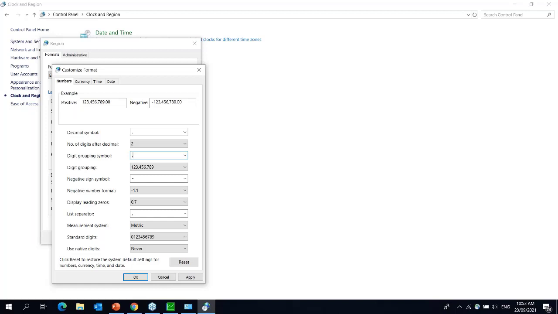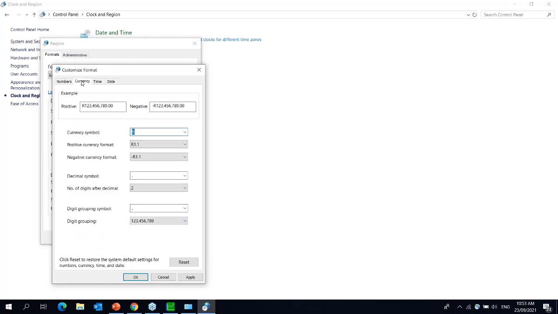A semicolon or a colon puts everything in column A. You will get errors. So comma, and list separator is also a comma. On currency, decimal symbol is a full stop. Digit grouping symbol is a comma. So we do this to make sure that the systems work and Excel integrates with either Pastel or Sage Business